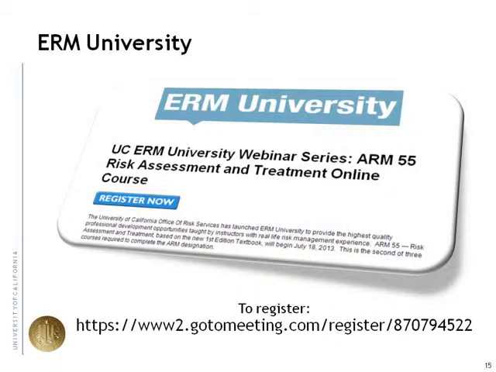And what I would add about this is, for those that have had their ARM in the past, the textbook is completely changed, and where it used to focus on hazard risk, the focus now is on enterprise risk management. And so the first course, Risk Management Principles and Practices, ARM 54 now, the whole language has changed. As you see here, instead of risk control, which was the old title, it's now risk assessment and treatment. So the whole lexicon of how risk managers are talking has changed, and it's important that we make sure we offer that training for employees.